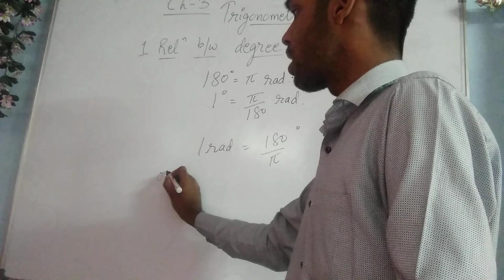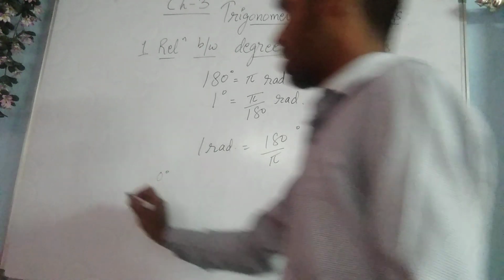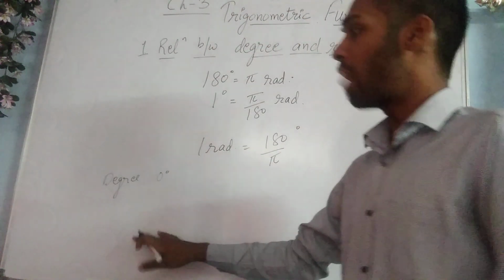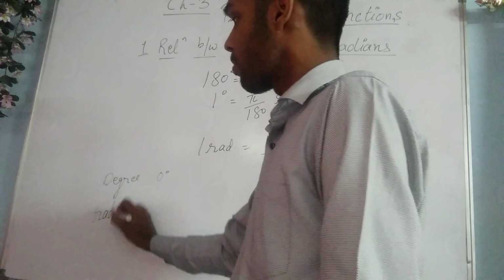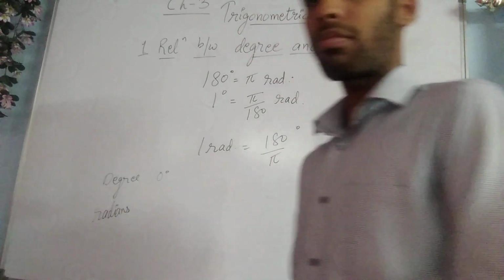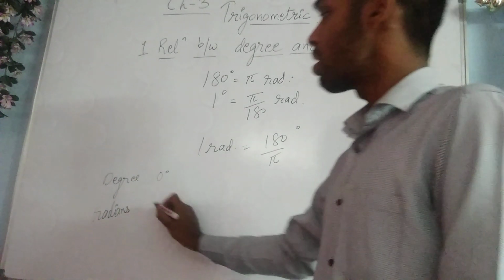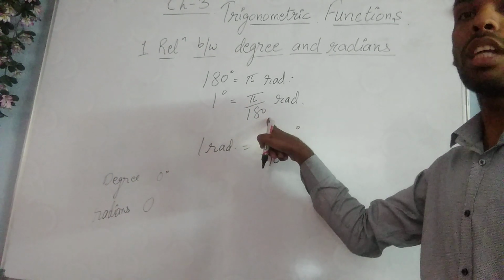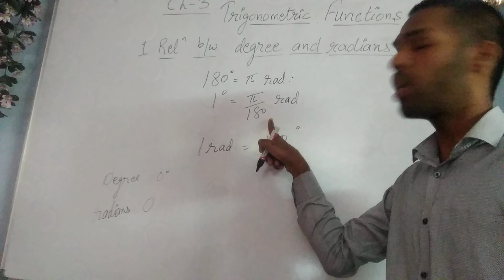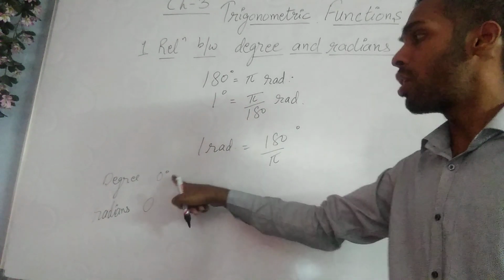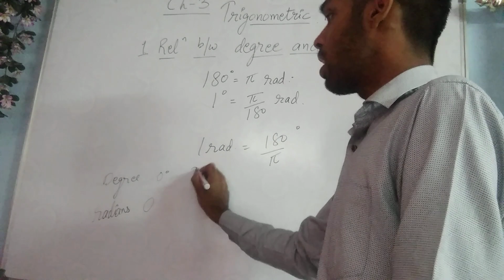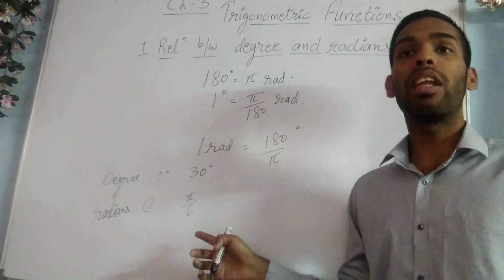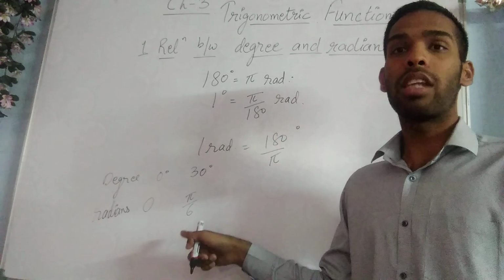First one is, if you would like to convert 0 degree, these measures are in degree, and just downside of them I will write down the measures in radians. 0 degree, students, is equal to 0 radians only, because when you multiply pi upon 180 by 0, you will get the answer as 0 radians. Therefore 0 degree is equal to 0 radians. Second, 30 degree is equal to pi by 6 radians. This thing we have already studied in our first lecture, how 30 degree became pi by 6 radians.